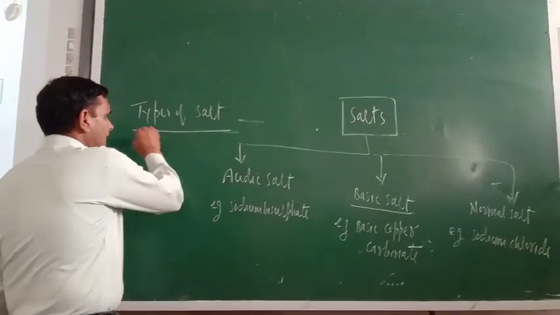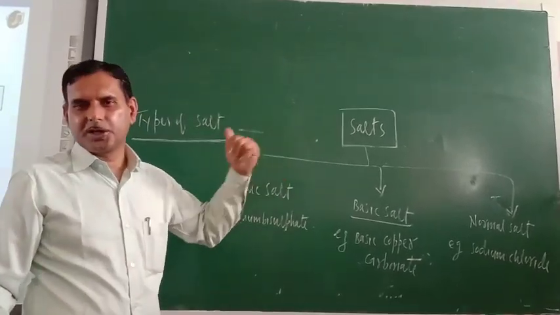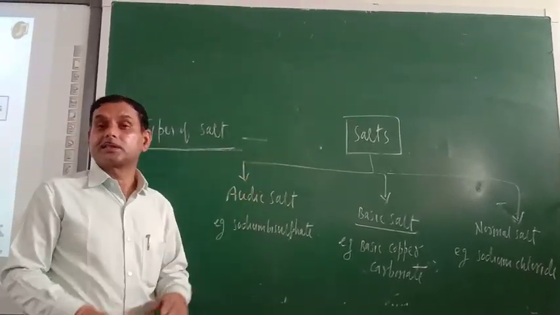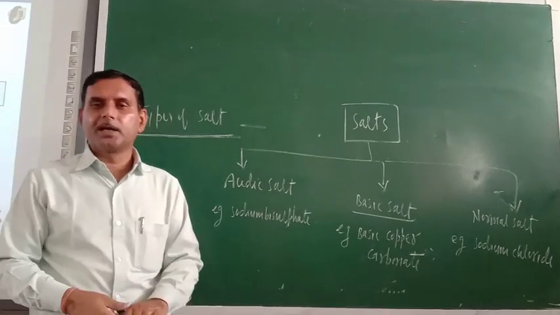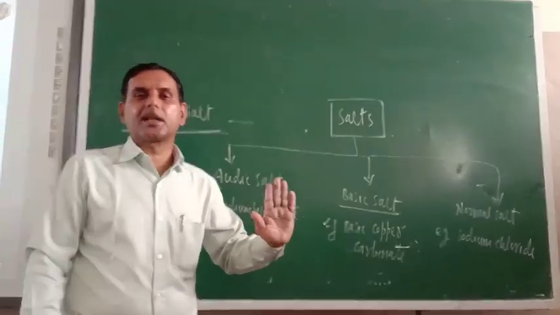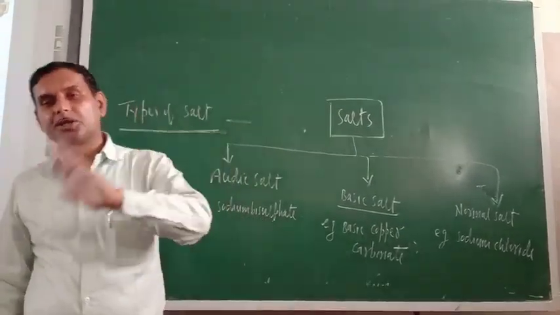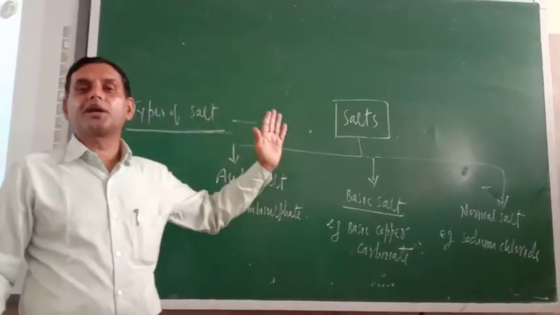So now, dear cadets, salts are formed in neutralization reaction. Now salt is a very important compound. So just try to understand the behavior. Just see, different kinds of indicators are there: synthetic indicators, natural indicators. So what is the behavior of different kinds of indicators towards the salt?